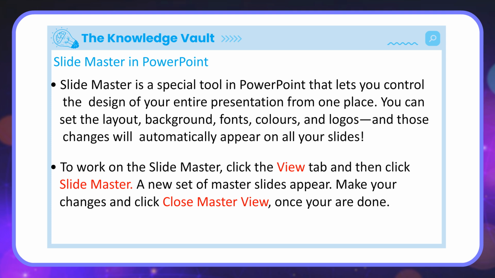A new set of master slides appear. Make your changes and click Close Master View. Once you're